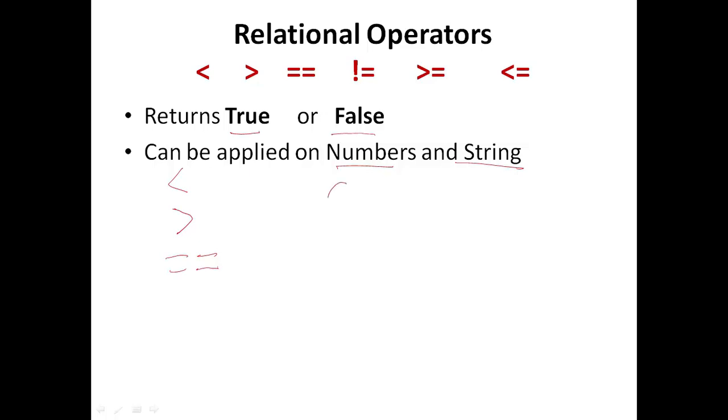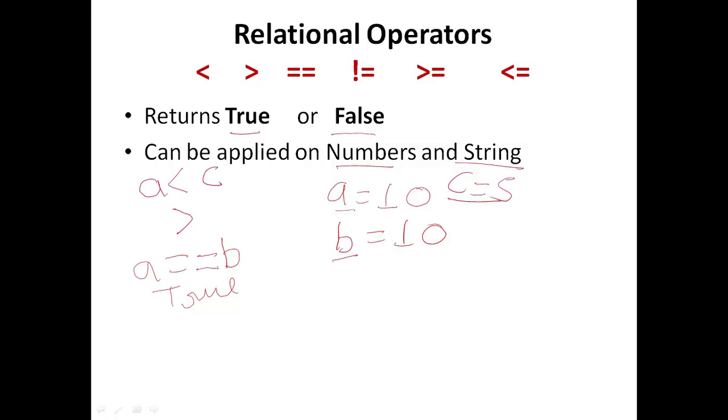If you have two variables of the same value, here I am saying same value, so if both objects have the same value, then they are said to be equal. So if I write a equals to b, the answer would be true. So let's have another variable c equals to 5, and if we write a less than c, the answer would be false, as the value of a is 10 and the value of c is 5.